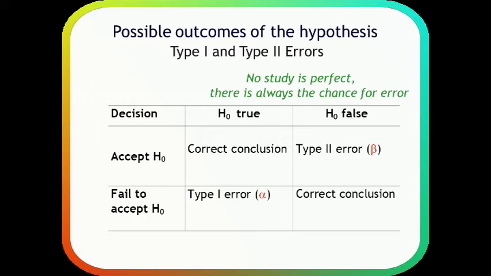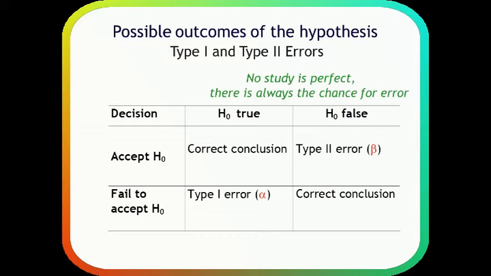Now, sometimes we do not get correct conclusions from our null hypothesis, in which case we commit what we call errors. As I said earlier, there are only two types of errors which are likely. Let's first look at the type 1 error. In a situation in which the null hypothesis is actually true, if we fail to accept that, or in other words we reject the null hypothesis, we commit what we know as a type 1 error.